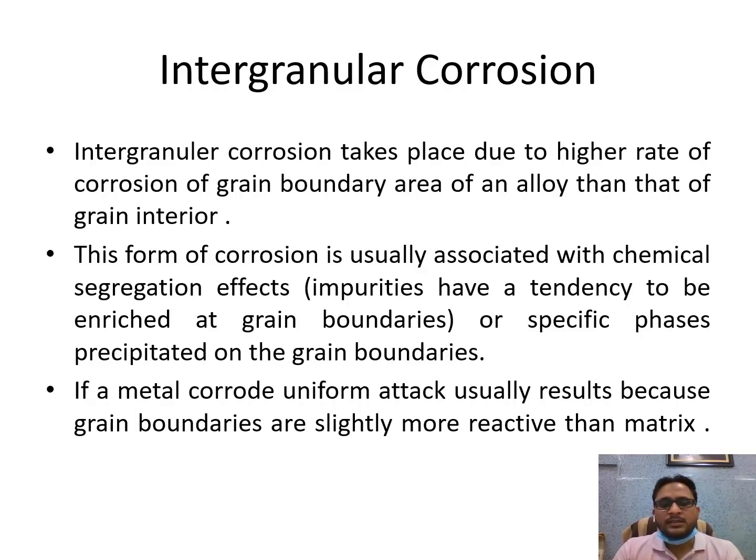Therefore, it is known as intergranular corrosion. It happens only due to the deposition of metals which are more corrosive near the grain boundaries, as in the case of stainless steel, where chromium reacts with carbon to form chromium carbide during welding and gets deposited in higher percentage near the grain boundaries, and because of that high percentage near grain boundaries, it starts releasing electrons. So this is the main